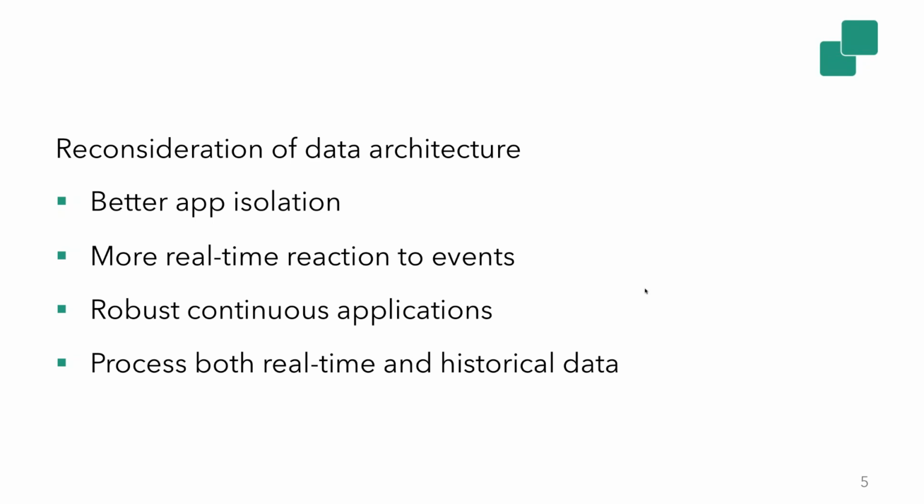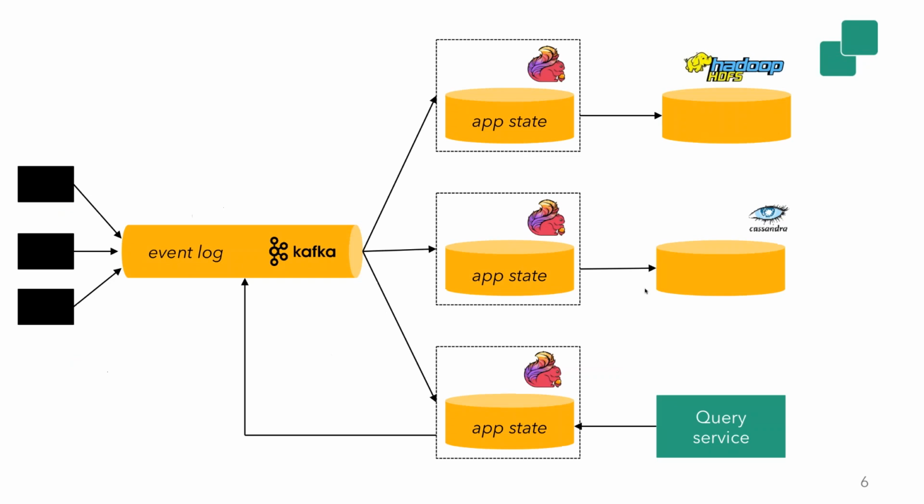And finally, another driver is to unify what we call real-time data and historical data. All of these lead to an architecture that looks similar to this. This is what we see every day. Events from a variety of sources are gathered on the left. Usually people employ a message queue, and usually that is Kafka, which is basically an event log that serves as the ground truth, let's say, for the company.